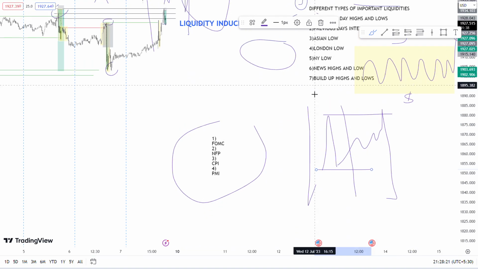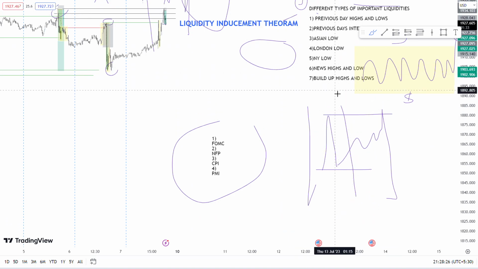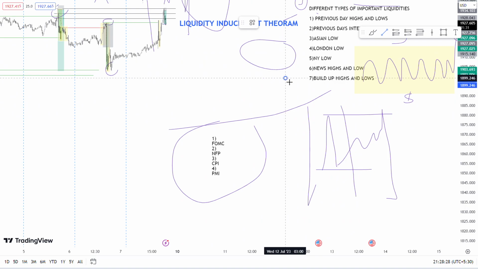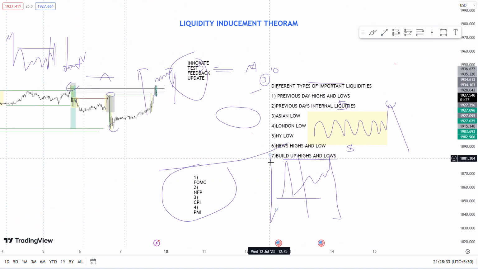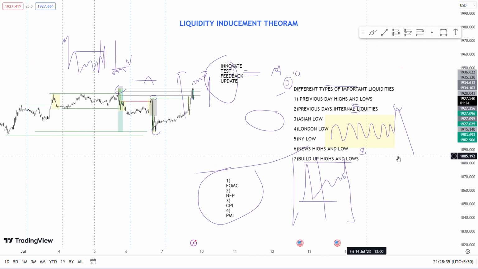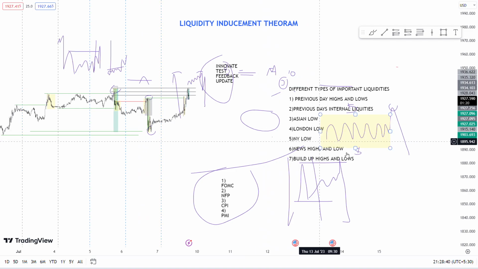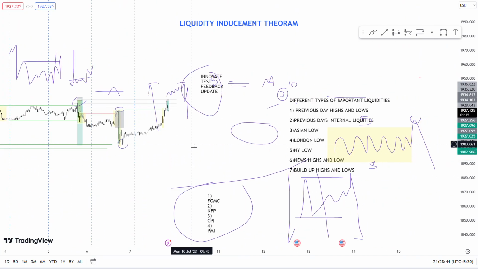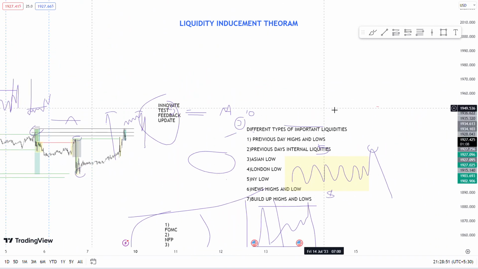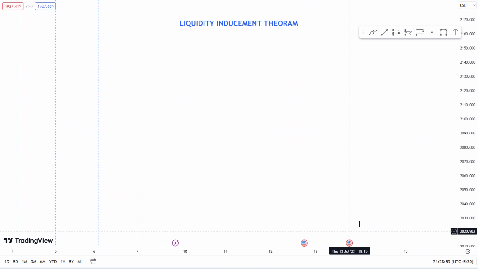And the last but not least, my favorite setup. Nowadays it will become my favorite because there is very high probability build-up highs and lows. What it means is, I think the chart has become messy. I don't teach as clean as some broke guys teach retail concepts, with visuals and stuff. Because if any guy truly wants to be profitable in the markets, they don't care about the visuals. They can just see this type of shitty charts and gain real knowledge in the market. So